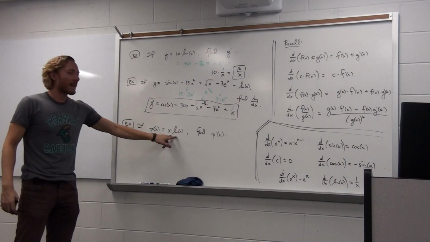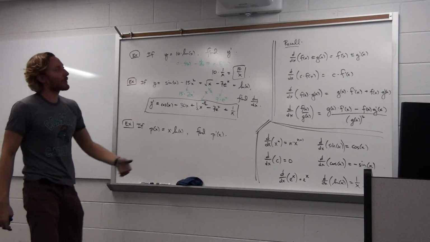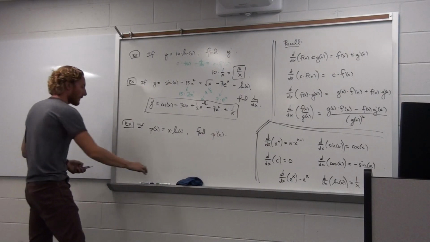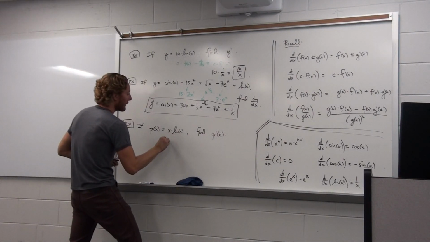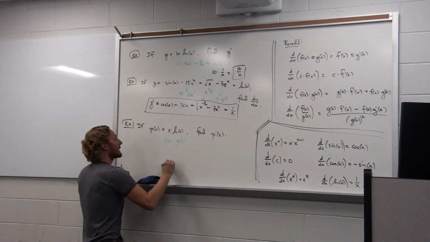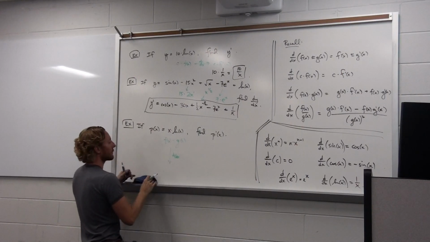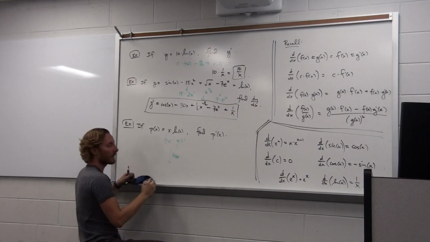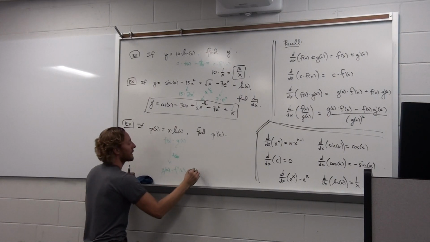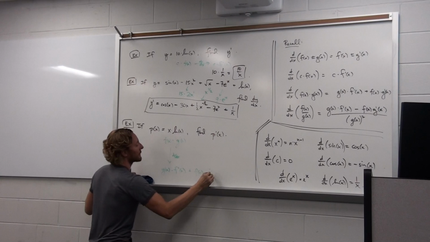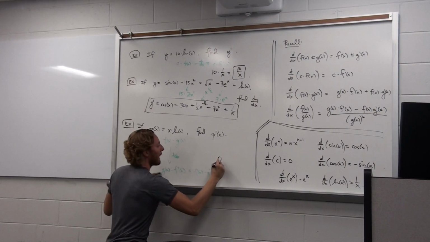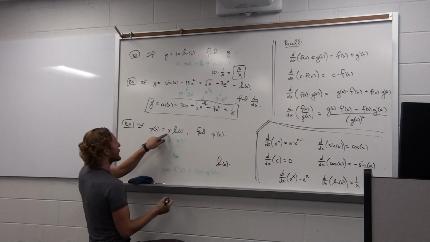This last guy, we've got a product. It's a challenging formula whenever you take the derivative of a function which is a product, but so be it, it's doable nonetheless. So our first function, our f of x, is x. Our second function, our g of x, is ln x. When we take the derivative, what's going to result? Well, like it always does when you take the derivative of a product, it's going to be a carbon copy of the second times a derivative of the first, plus a carbon copy of the first times the derivative of the second. And when you run the numbers on this, g of x is ln x times the derivative of